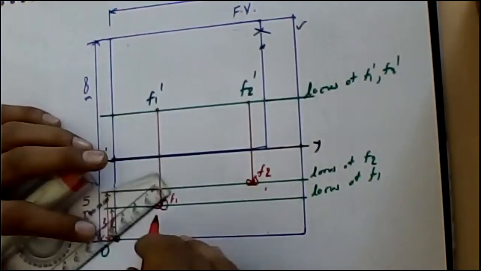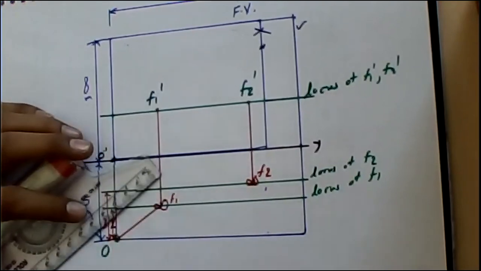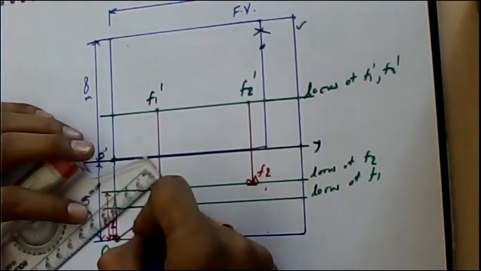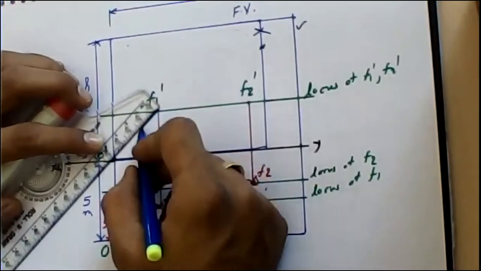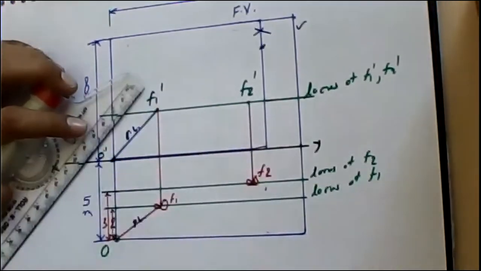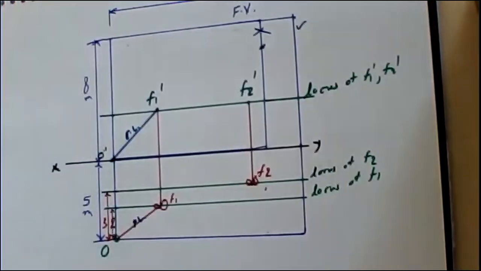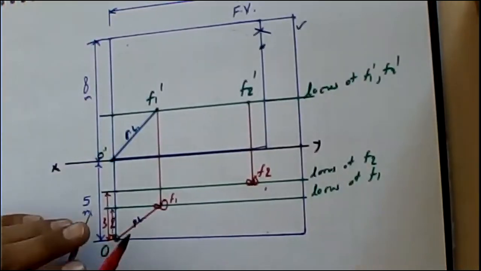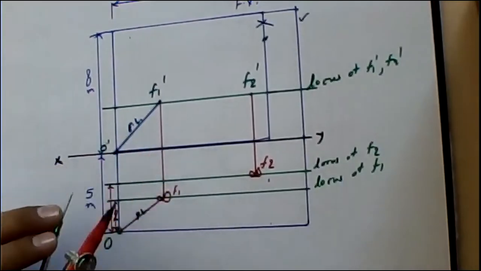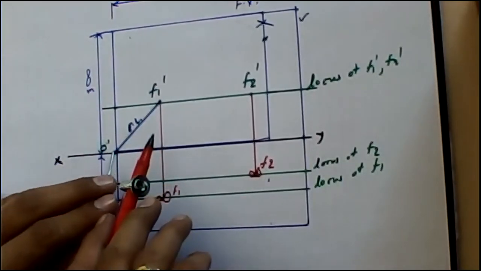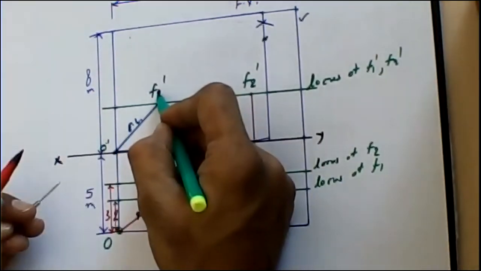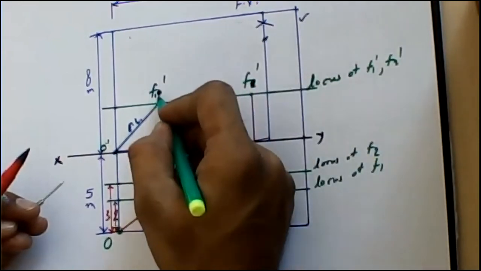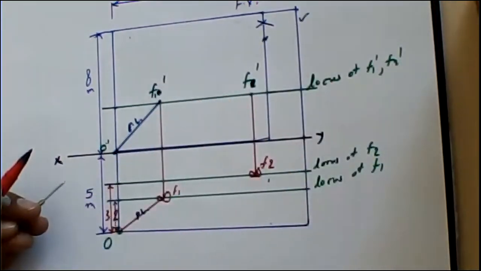So here OF1 is nothing but the plan length. OF1 is the plan length for position of F1. O dash F1 dash is the elevation length for fan 1. So if I want to transfer the projections and go for the same criteria, then O dash F dash is going to be F1 dash, F2 dash. F1 F2 is also okay because we are doing two things, but it is elevation length.